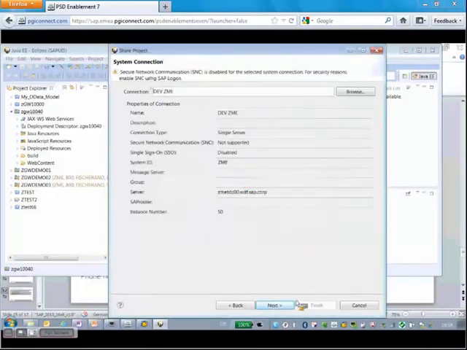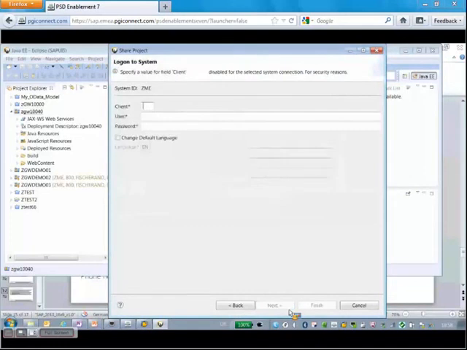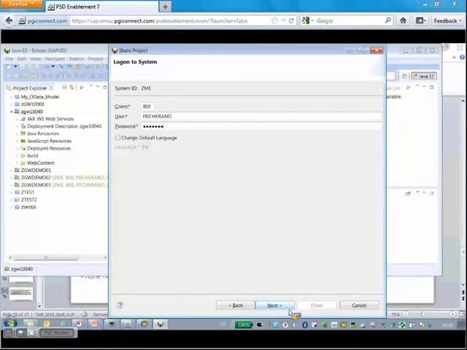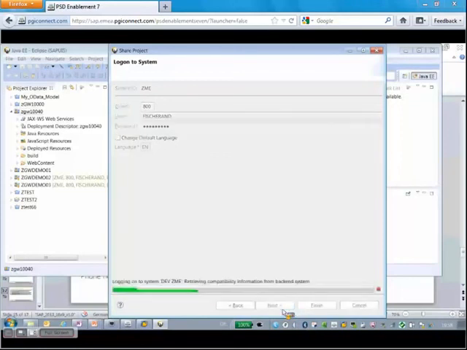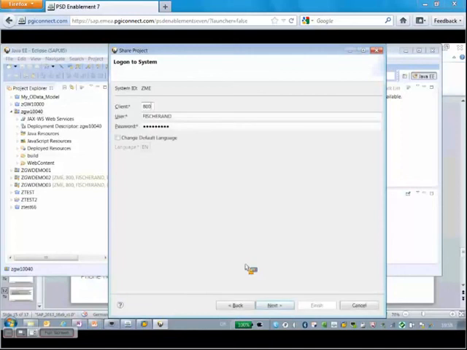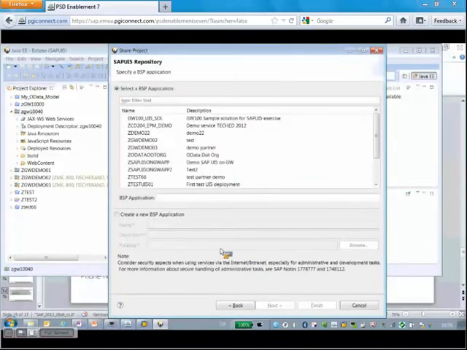And now it's checking the system for compatibility. So sometimes it turns out that the libraries do not have the same release. Now I'm asked where I would like to publish this, and HTML5-based applications are stored at SAP in so-called BSP applications. So we will do that, and as description, demo consumption,